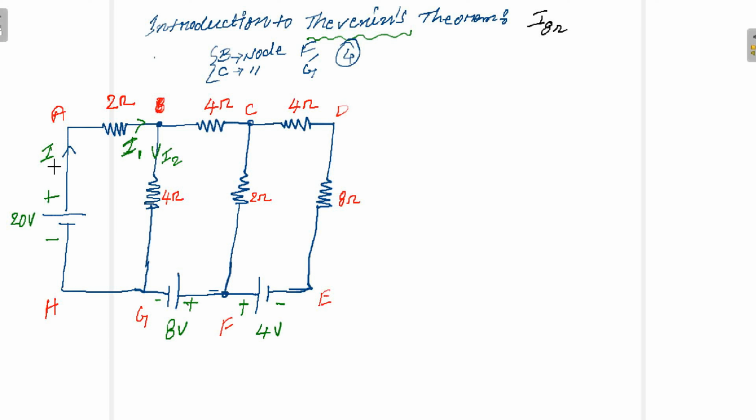I1 is the current coming, and it is divided into I2. Then what will be the current in this 4 ohms? Instead of considering a third variable I3, which increases the number of variables and would need to be replaced with I1 minus I2 anyway, let us write it directly. Whatever current comes to this point, some amount is diverted into this branch, and the remaining current flows into this branch. So the current in this branch is I1 minus I2.